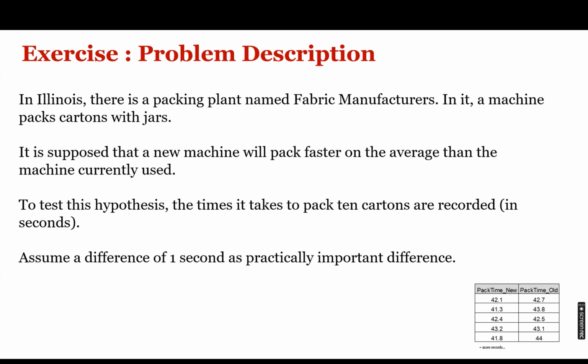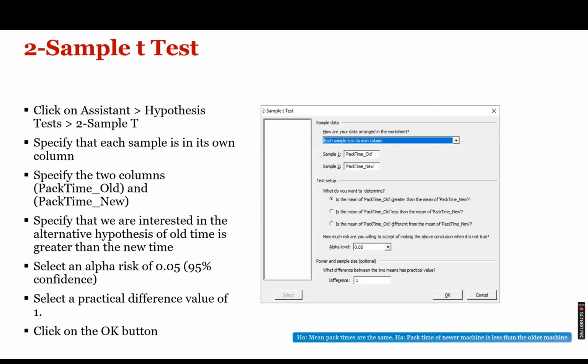So what is the first step I have written? Identify the null hypothesis. The null hypothesis is nullifying what we have to prove. We have to prove that the pack time new is faster than the pack time old. My null hypothesis will be that pack time new is not faster than pack time old. Then we do appropriate hypothesis testing. Over here, there are two sets of data, so we will check the two sets of data when compared on an average. We take the two sample t-test.